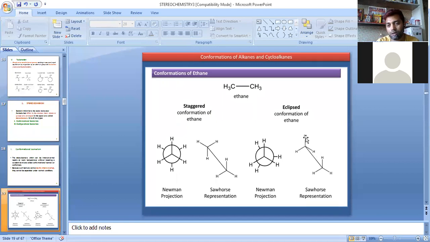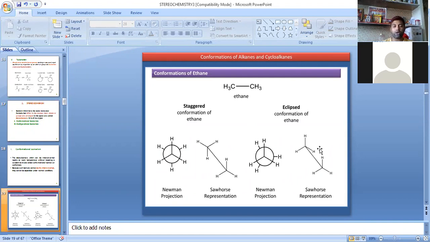Robin, understood? Inverted Y, like we draw Y. So this one is an inverted Y. Here also it is an inverted Y. If both the carbon atoms, front and back carbon, are inverted Y or both are straight Y, in that case it is eclipsed conformation. In eclipsed conformation, the dihedral angle is 0. Understood? The dihedral angle will be 0.